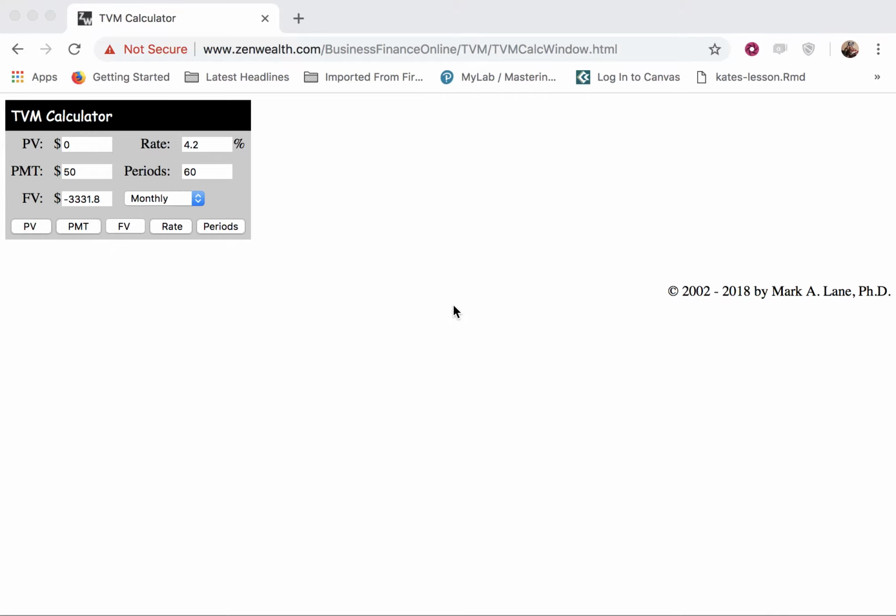So this video is going to show you how to do finance calculations if you don't happen to have a TI-83 or 84 calculator. There are many TVM solvers, that's what it's called, TVM for time value of money calculations, on the internet. I just went to Google and typed in TVM Solver Calculator and many of them came up. The one I thought was the best looking, the simplest to use, is this one here, which is at this website of